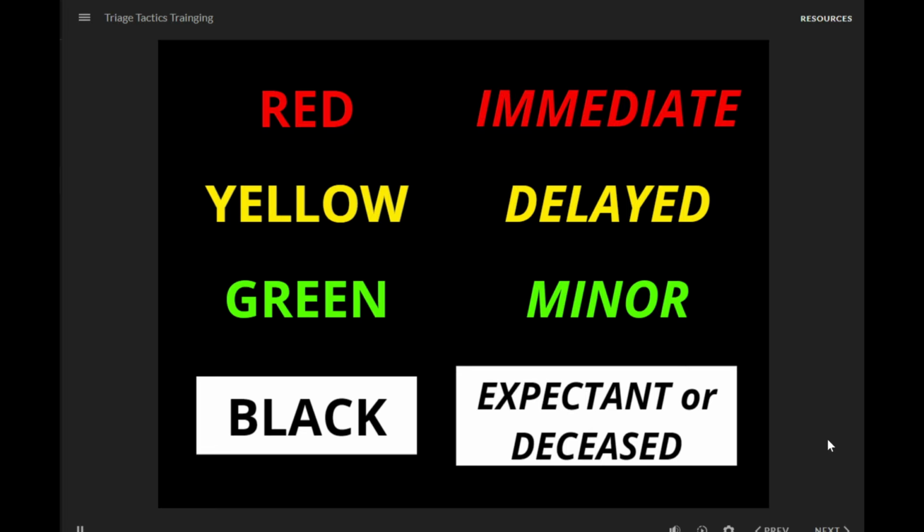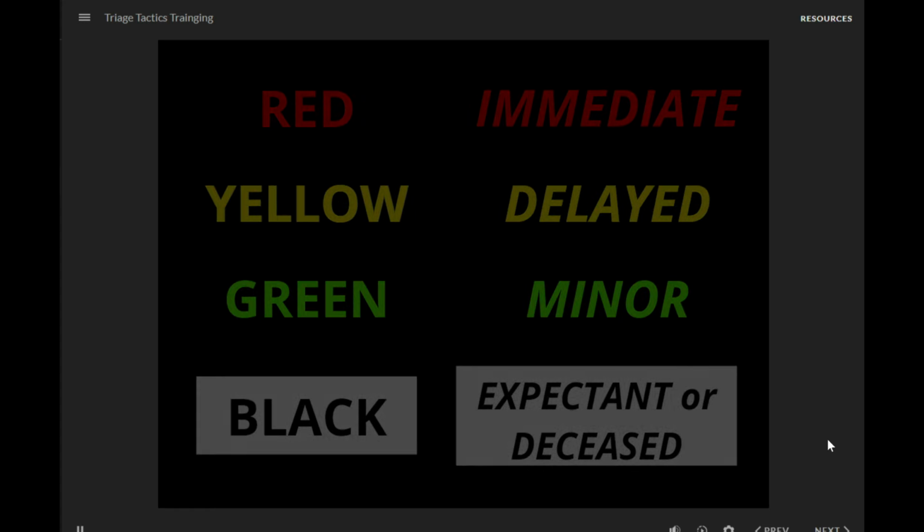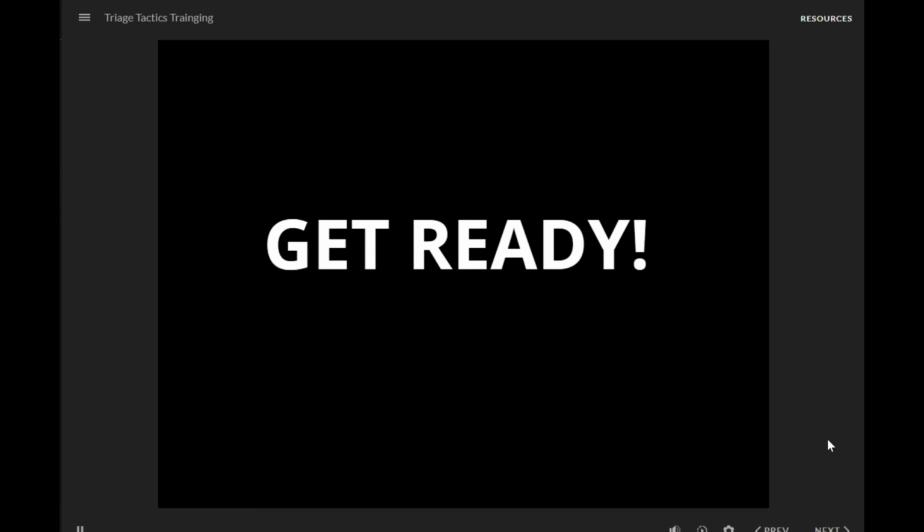Remember, triage is dynamic. A yellow patient can deteriorate to red. A green can become yellow. We reassess constantly and adjust priorities. Our job isn't to treat at the scene. It's to rapidly categorize and get the right patients to the right resources in the right order. 30 seconds per patient. Keep moving and trust your training. We're 2 minutes out. Get ready.